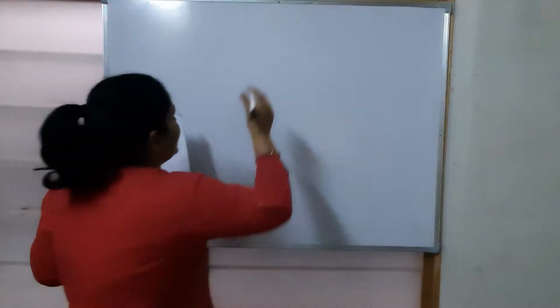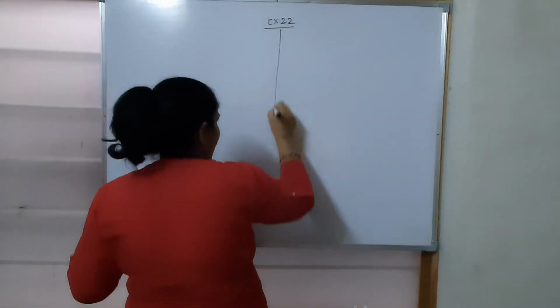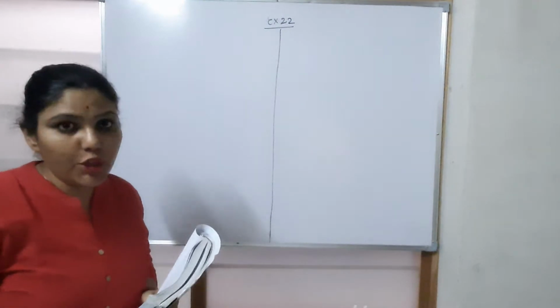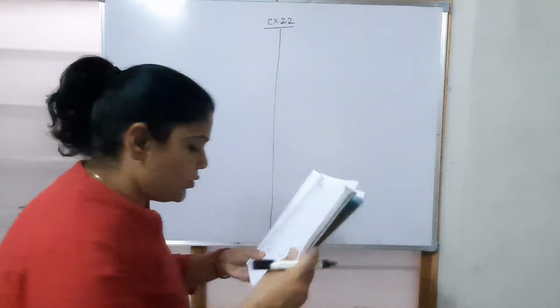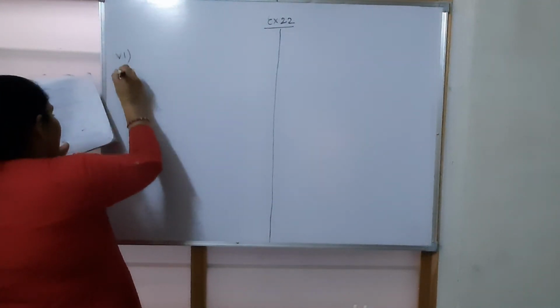Everyone. Now let's just start with exercise 2.2 questions which I have given you as homework. Alright. So question number 6 I have given you homework. I am just discussing with you the solution and then we will move on to the next questions. Alright. So just have a look here. This is the 6th question I have given you as homework.